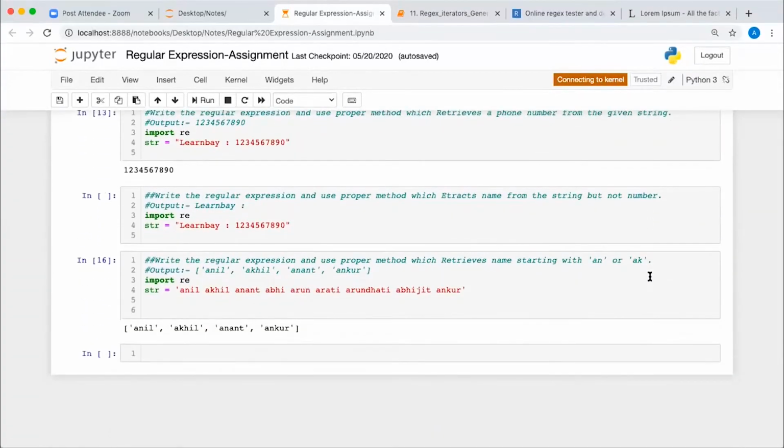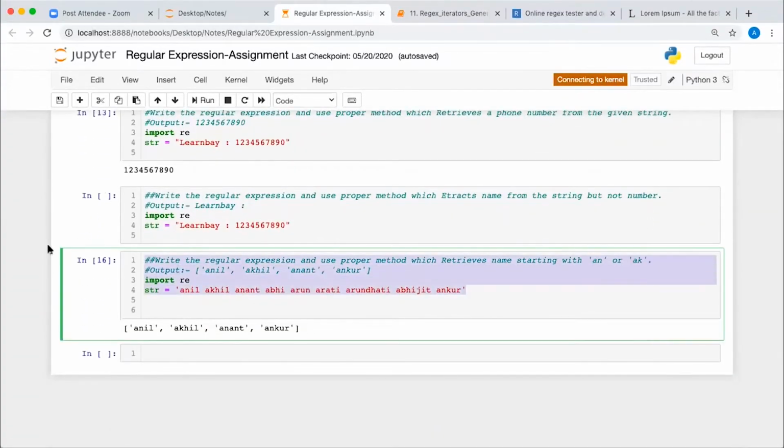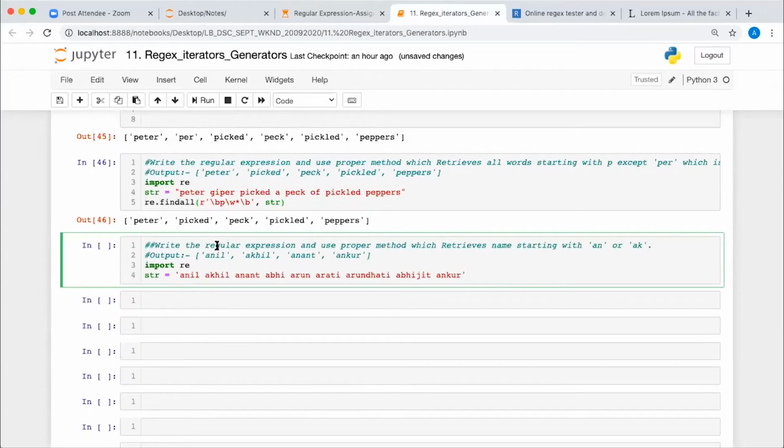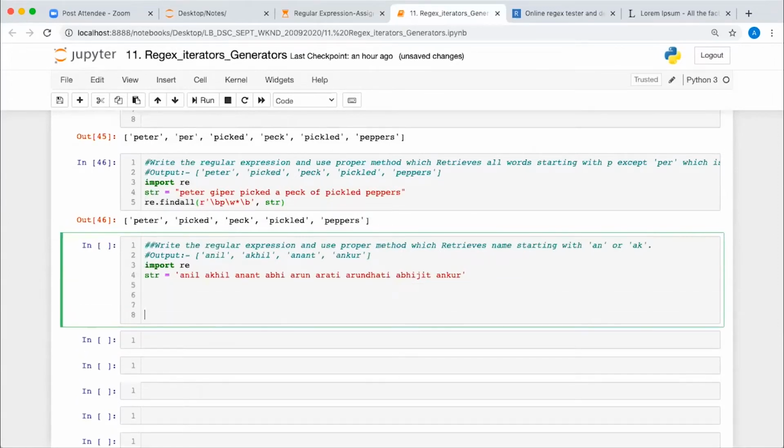Okay, so these all are in the assignment. So let's try this one, and then we'll go to iterators and generators. Let's see it here. Tell me, I want Anil, Akhil, Anant, and Ankur.